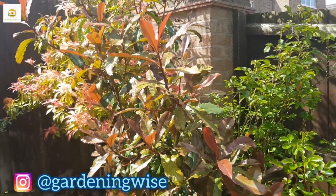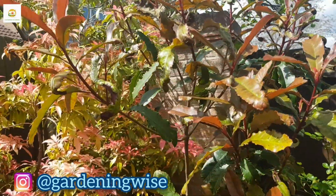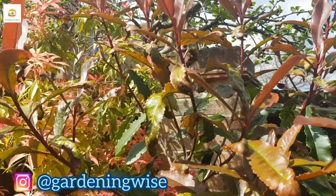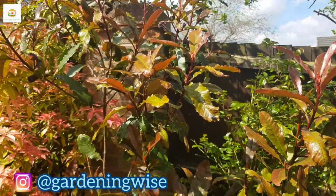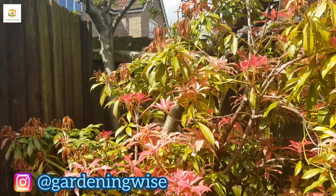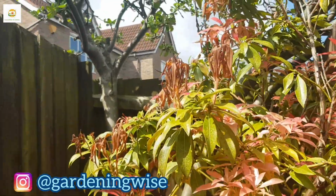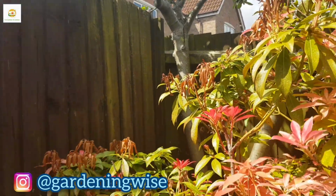This is a holly plant, I guess, and it has got some damage due to the late frost we had last week. You can see all the damage that happened due to the late frost. And this one is Pyrus Flaming Red, and it was really pretty last week with its beautiful red, pink new leaves, but you can see those were damaged due to the late frost we had last week,